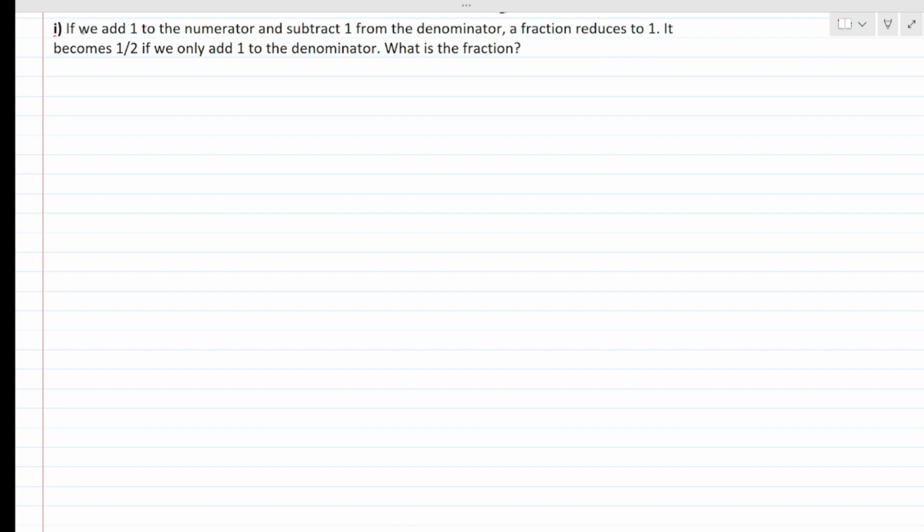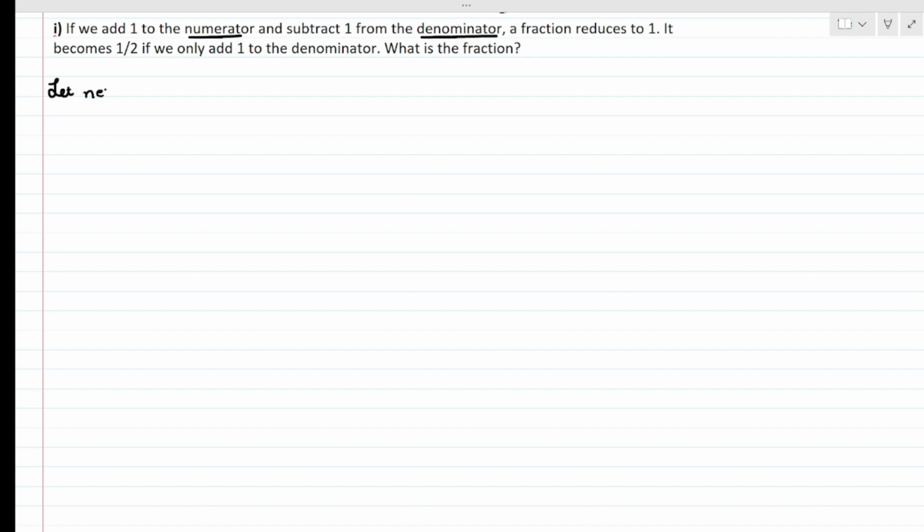Our question says, if we add 1 to the numerator and subtract 1 from the denominator, a fraction reduces to 1. So this is the wording for our first equation. First of all, how can you make your equation? Given over here are two names: first is numerator and second is denominator. So we are going to select two variables. That means the first step will be, let